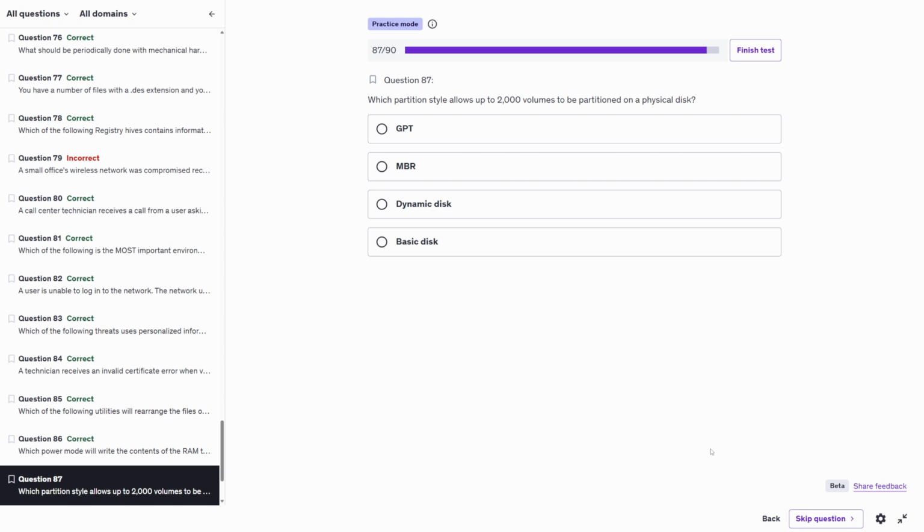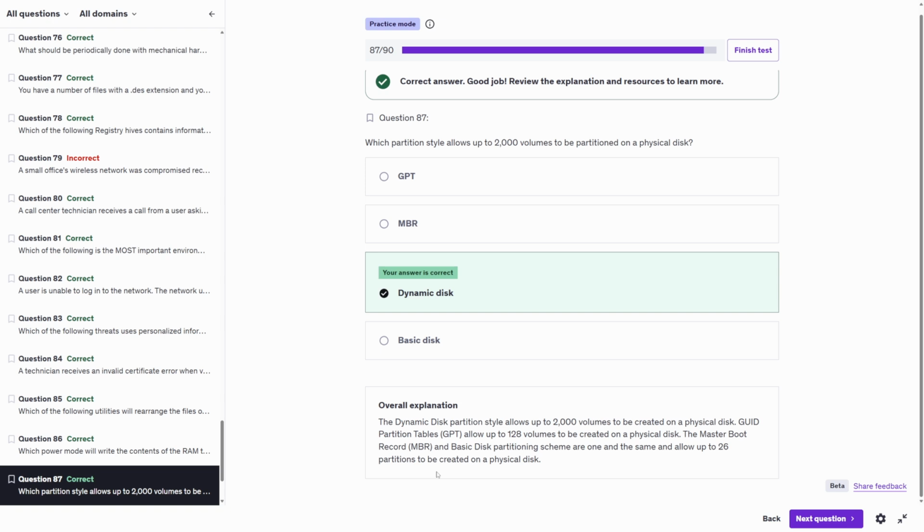Which partition style allows up to 2,000 volumes to be partitioned on a physical disk? And this one is dynamic disk. The dynamic disk partition style allows up to 2,000 volumes to be created on a physical disk. GUID partition tables allow up to 128 volumes. The master boot record, or MBR, and basic disk partitioning scheme are one and the same and allow up to